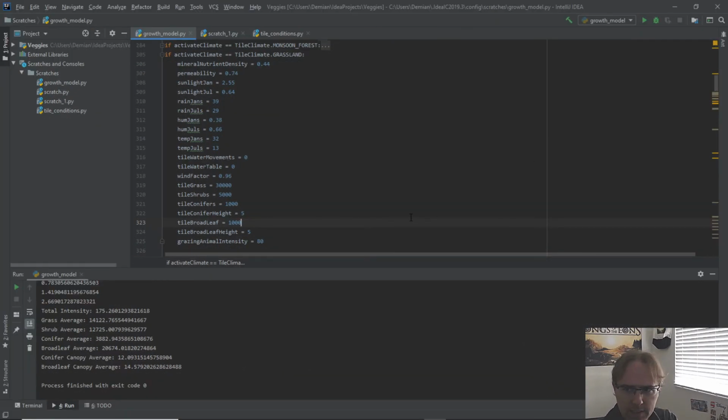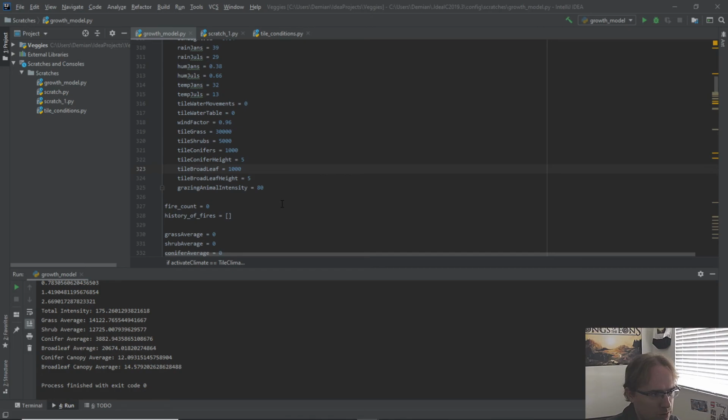Okay, so I added grazing animal intensity. Two things I think I need to do here. I need a seed bank for grass-like plants, so grasses. And then I need to factor in grazing animal intensity in a given area. And the interesting thing is,